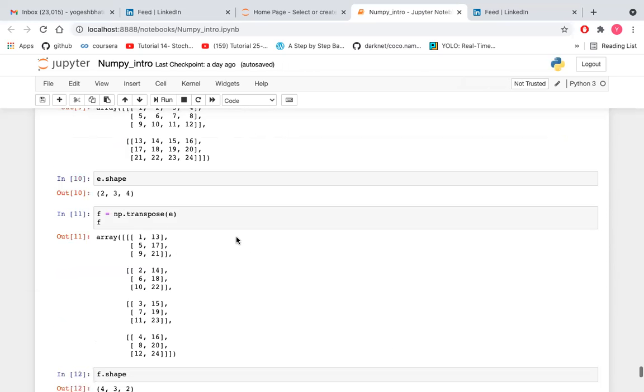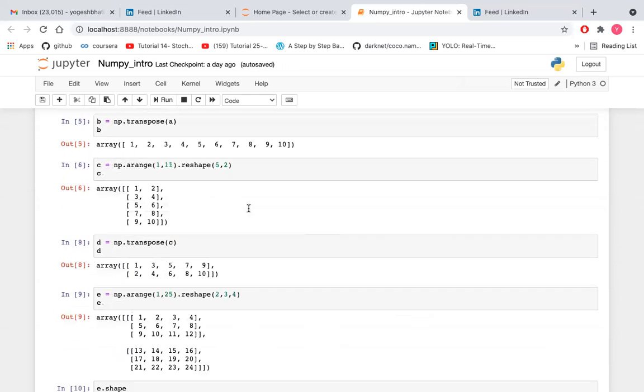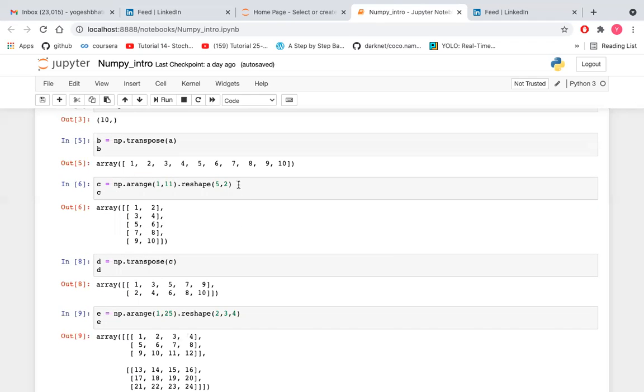In the last example we have seen a 2D array.